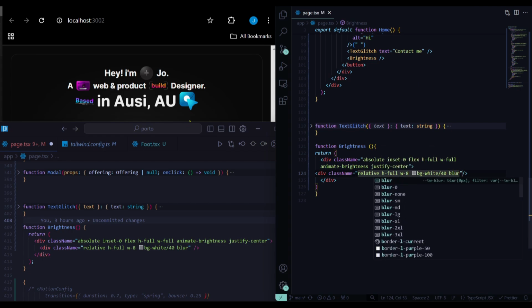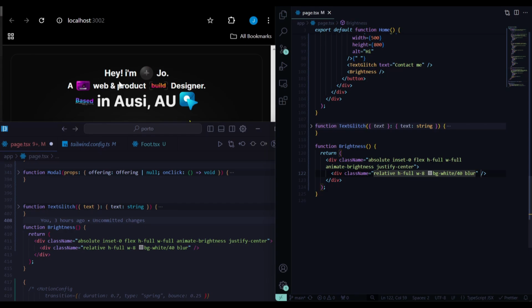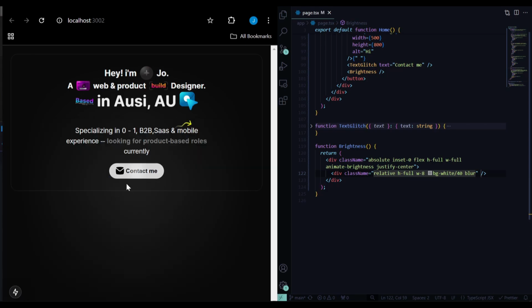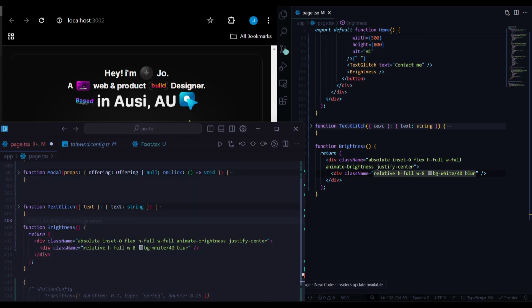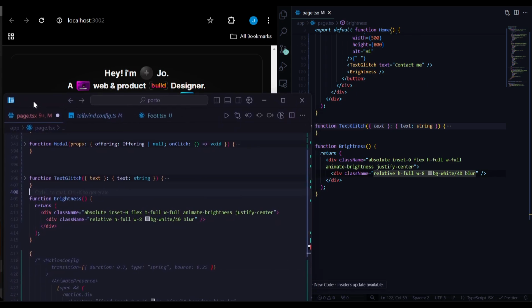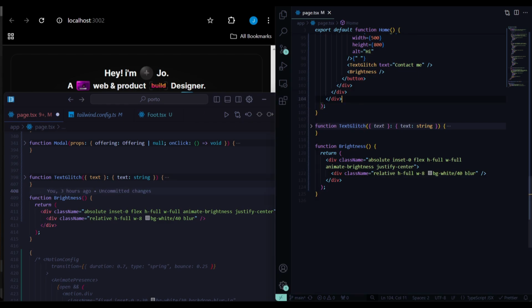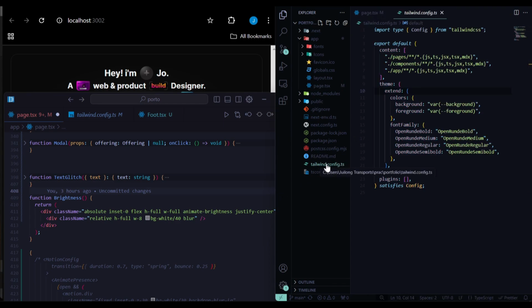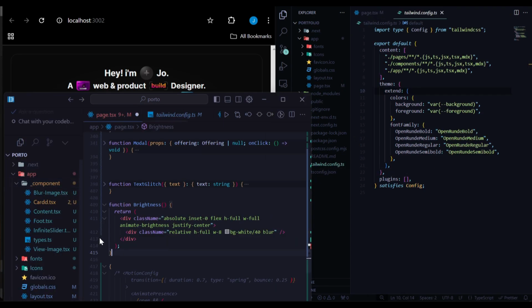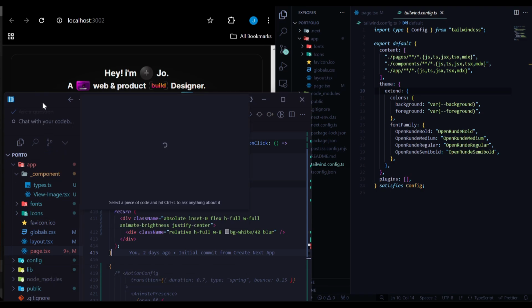Okay, and right now you won't see much happening, but as you can see, the button has got a little bit of white stuff right here. So the next thing we need to do is find a way to make the animation happen. So we're going to go to the tailwind.config file,